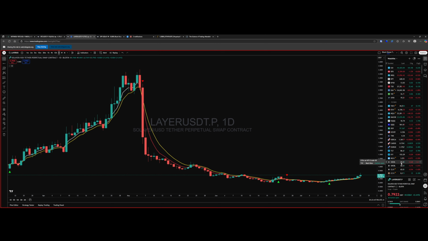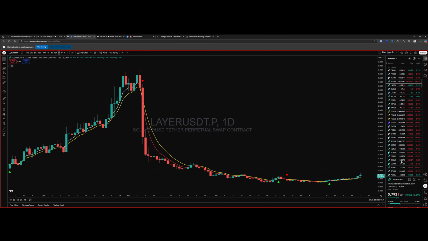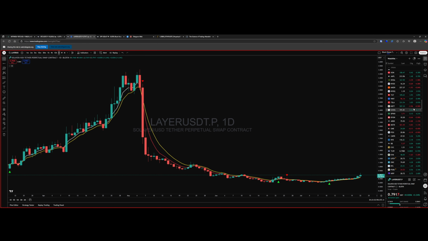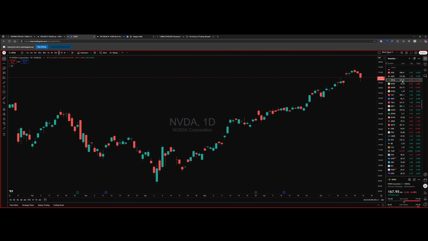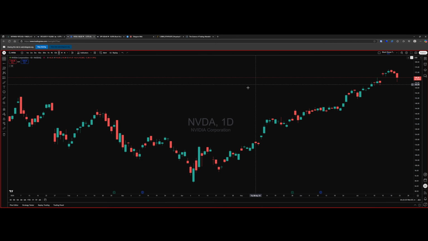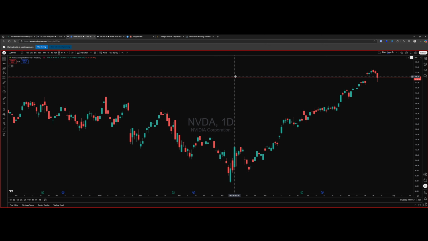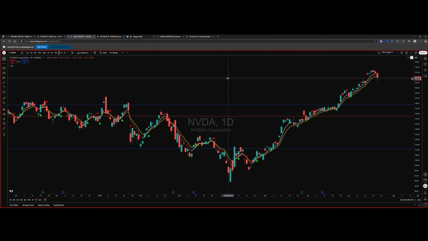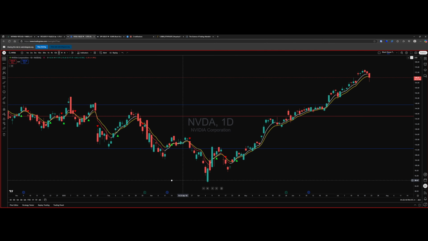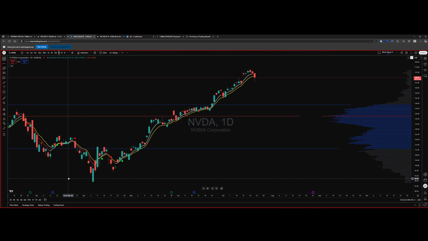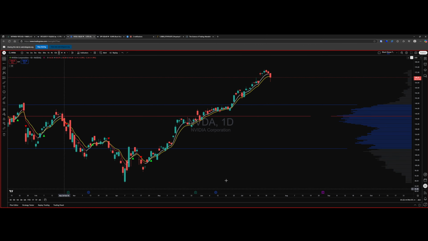Are there any charts you wanted to look at today? Let's look at NVIDIA quick. Delatoshi, if there's anything you want to look at, just say so, or any of you guys. So here's NVIDIA. Daily. Let's pull in our volume profile so that it's in view. There we go. So we know we're trading in an area that's a premium.